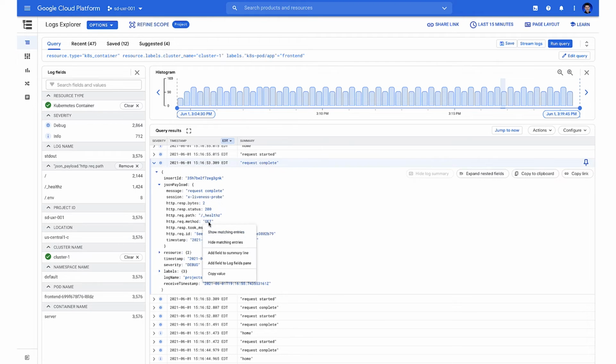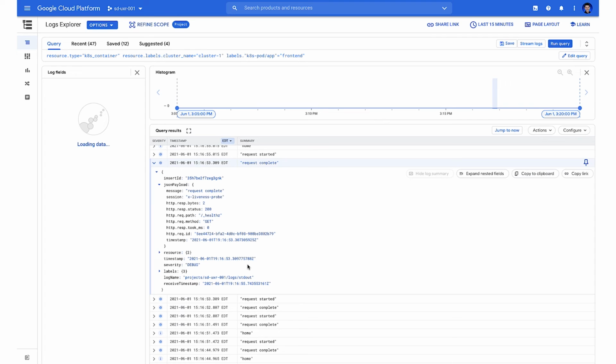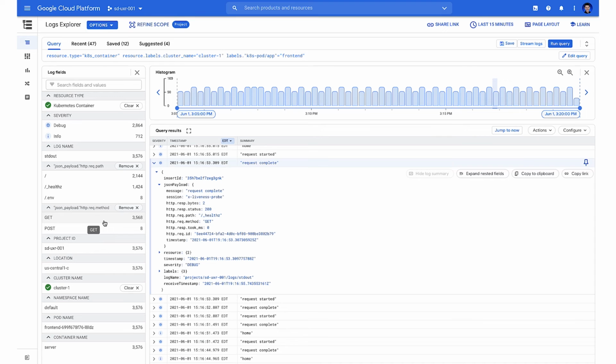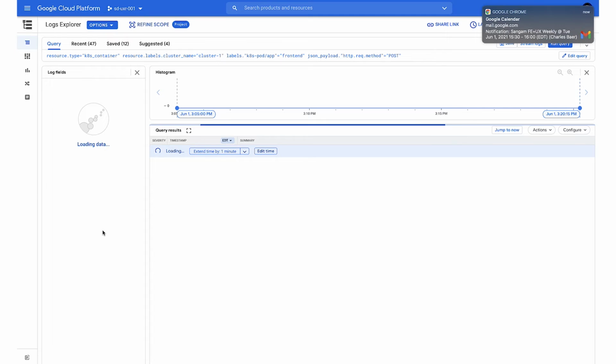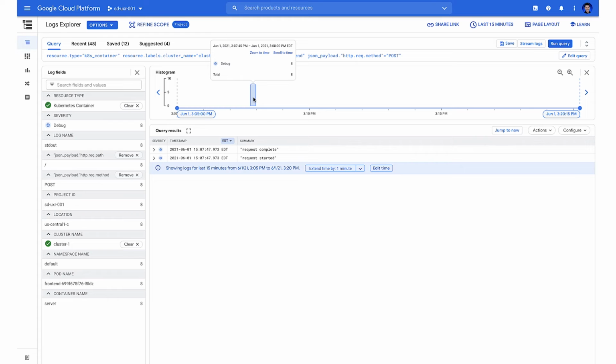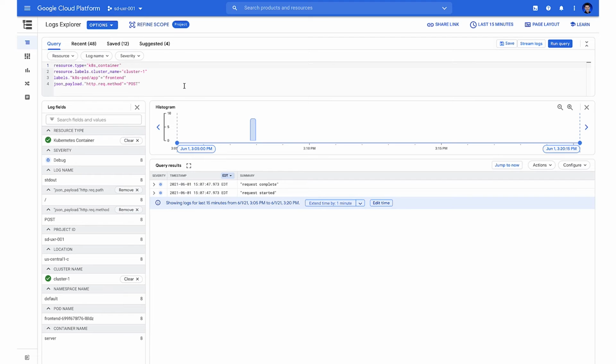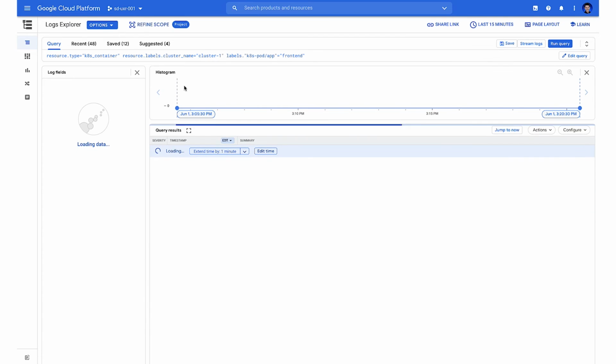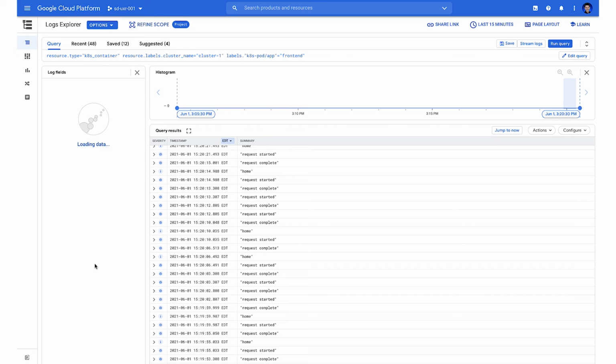The other, for example, if we want to do the same thing for the request method, you can click Add Field to Log Fields pane, and by breaking it down by the request method, you'll see the various types of request methods. Here, we see one or the other. This makes it really easy to select the values of the fields. For example, if you wanted to look at only the posts, you can see that there are 2 requests within this time frame, the last 15 minutes, and we can see them on the histogram here. And we can see that we've updated the search here to include this category. So if we wanted to remove that, we can remove that category as well.